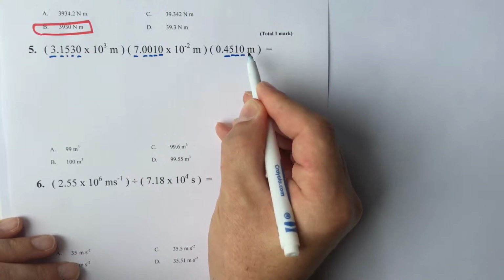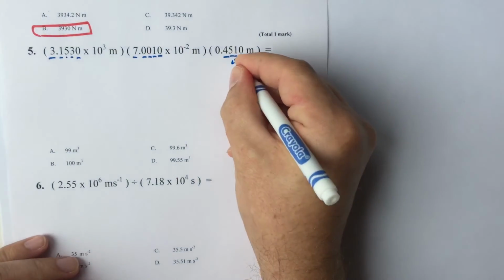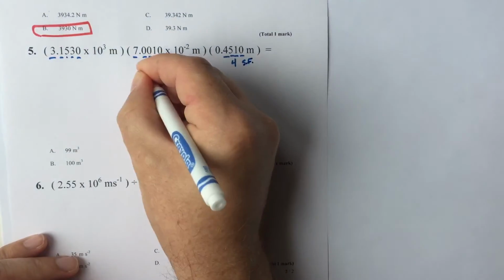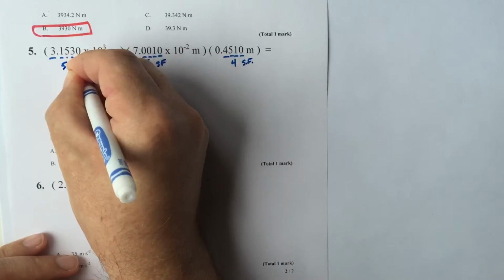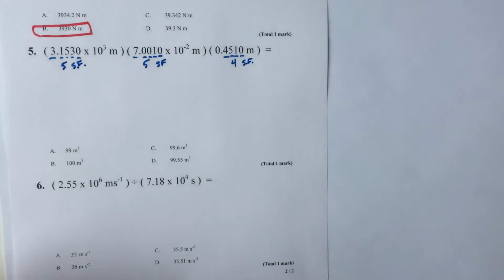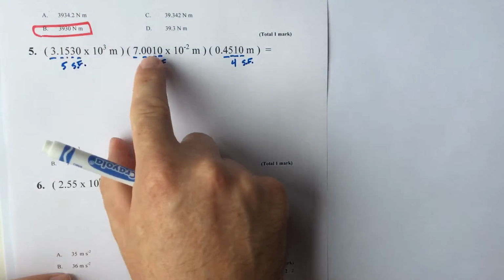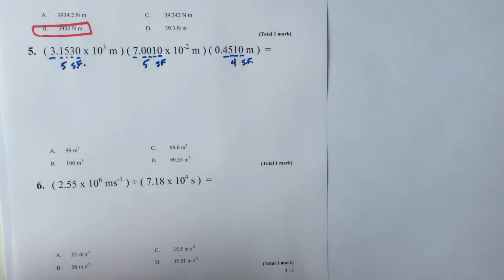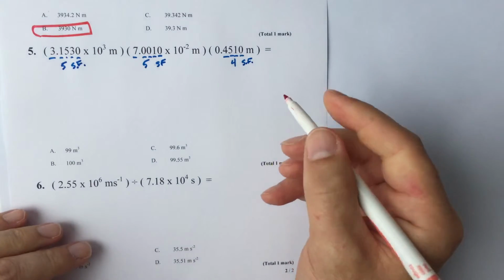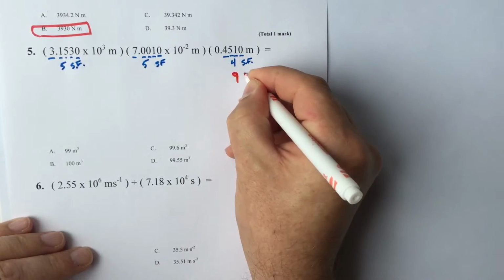So run through our rules. 4 sig figs is the least number. These both have 5 sig figs. So we want our answer to have 4 sig figs. We put the problem into our calculator just like it's shown. We include all of the digits when we're calculating, and the number that I get when I put that into my calculator is